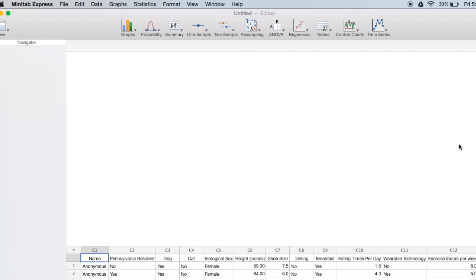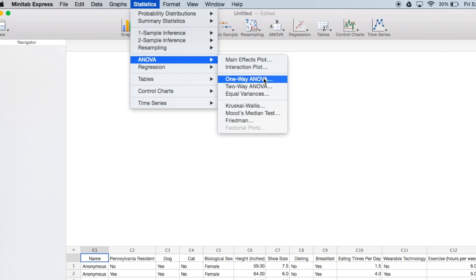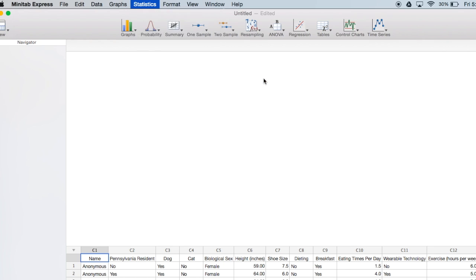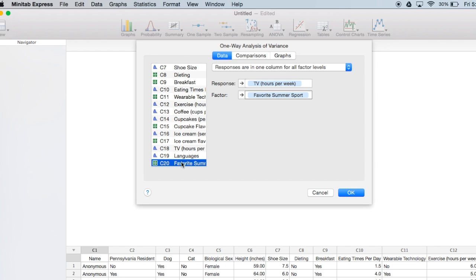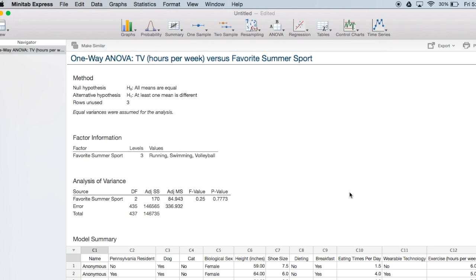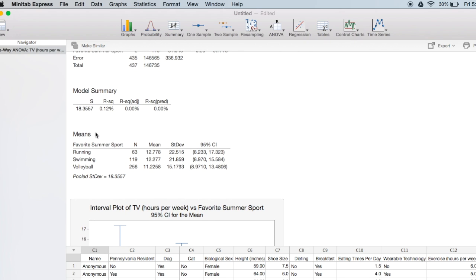When you run a one-way ANOVA in Minitab Express, you'll get the descriptive statistics. So what I'm going to do here is I'm going to run the one-way ANOVA. Our response variable is hours spent watching television per week. The factor is favorite summer sport. When I click OK, we can scroll down, and here in the means table, we're given the mean and standard deviation for each of